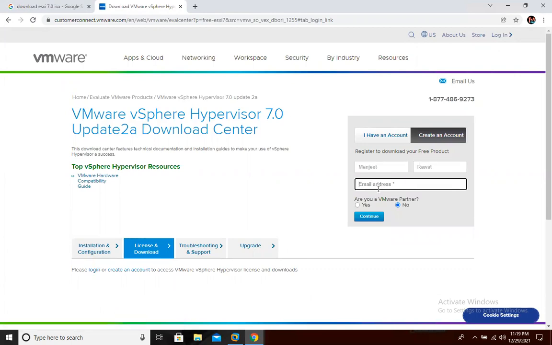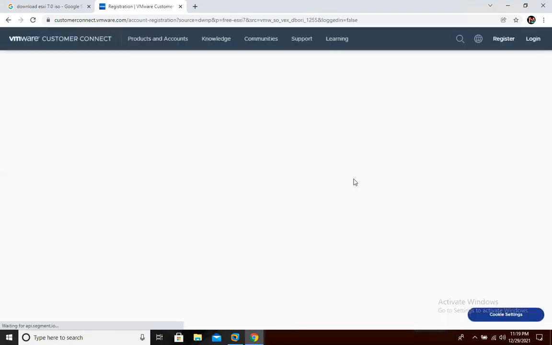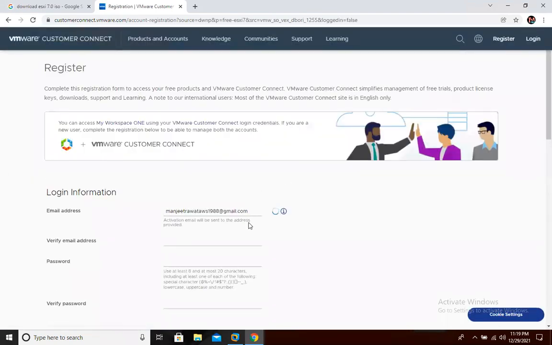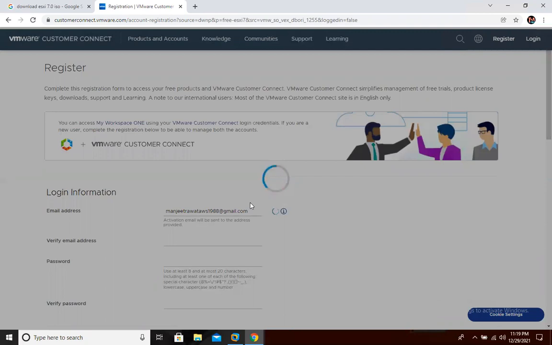I'm going to use my Gmail account, the same Gmail account, to sign up on the VMware portal.